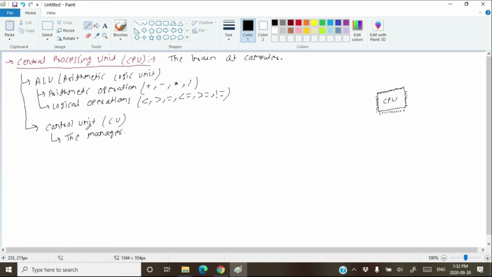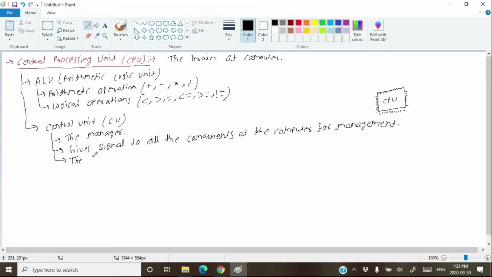So the control unit is the boss who manages the computer, giving signals to all the components of the computer for management.